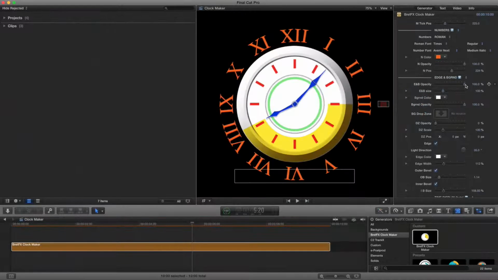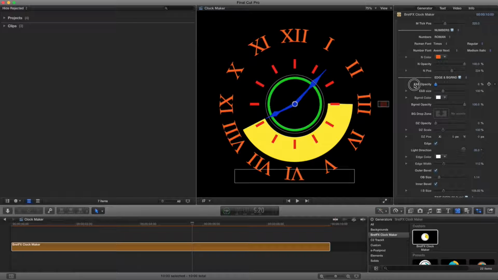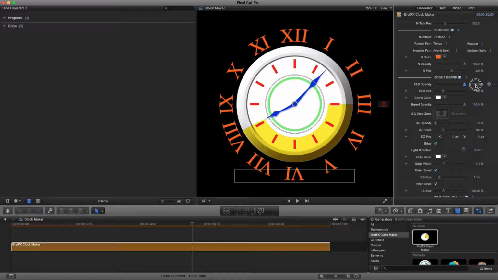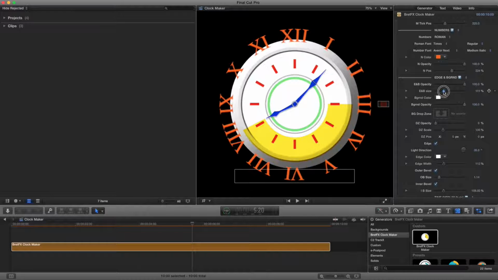The edge and background controls, you've got the edge and background opacity. That's pretty much the entire face of the clock minus the hands and the tick marks, and this edge, the bevel. So if I turn the opacity down on that, it's essentially gone. The edge and bevel size